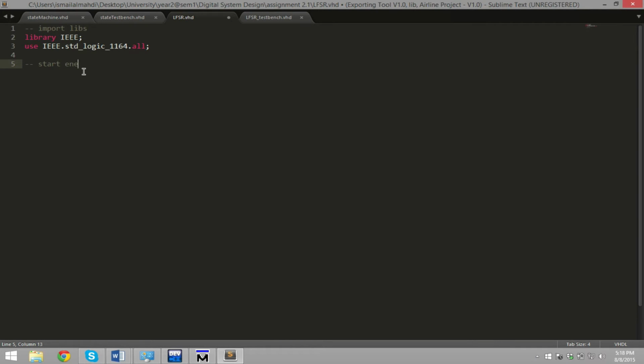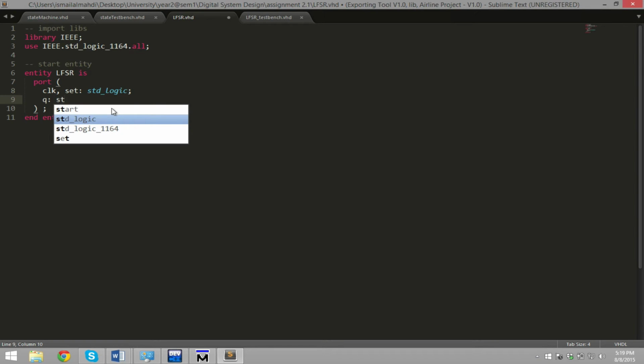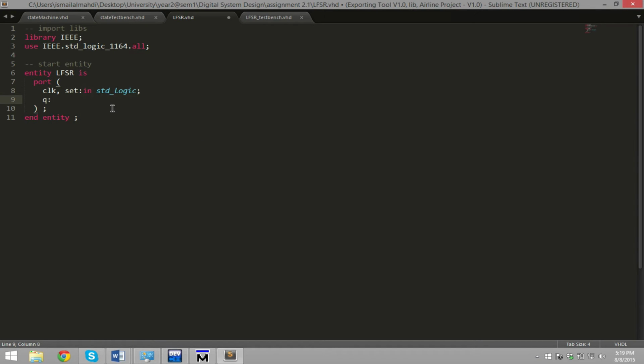Let's start the entity. This is just a comment, so let's do the entity. The entity is going to be the same as the file name, and we're going to have two inputs and one output. The two inputs are going to be clock and set, which are std_logic, and the output is going to be a Q. First let's initialize this. It's an input, right? This is an output, so it's going to be an std_logic,